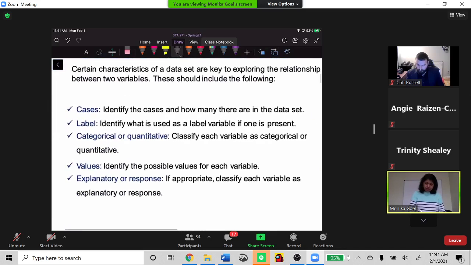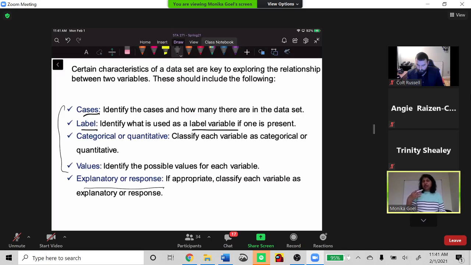So we talked about these in the last chapter, and we are adding explanatory and response to the vocabulary that we learned from chapter 1. So cases, individuals, label: when we need to identify your cases, we use different labels,